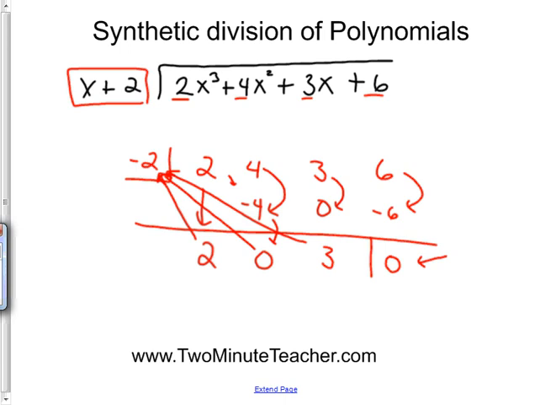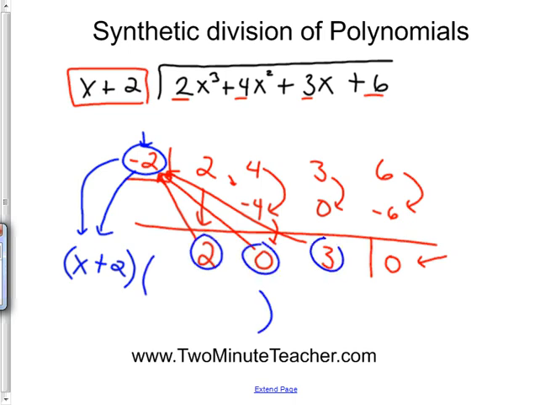And so then I can now take this method, which works way quicker than long division, and use it to say, okay, my factors then would have been, remember, this is a solution, it's not a factor. The factor would have been x plus 2, because this -2 goes in and makes that equal 0. Okay? And then the other factor comes from these numbers here, and let's see if you can understand how that works. It's 2x squared plus